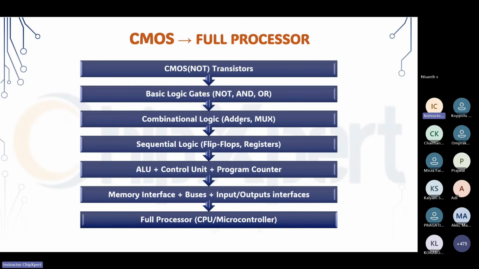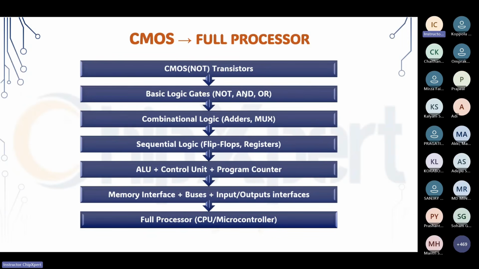Then, using the logic gates, they have created adders and muxes. On top of that, they have created logic to store data. Let's say you wanted to store some data, it requires some logic. With that, they have created sequential logic, which has the clock as an input. When the clock is on, the logic is enabled to read or write the data. With that, they have created memories and the intelligence that the chip has to do, called ALUs, arithmetic logic units. They will perform the instructions. Let's say you wanted to process something.